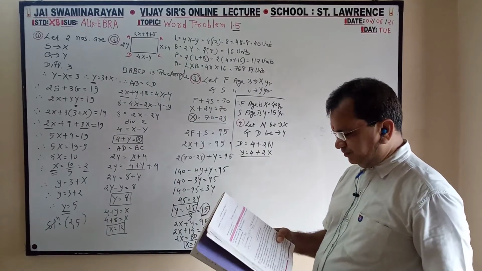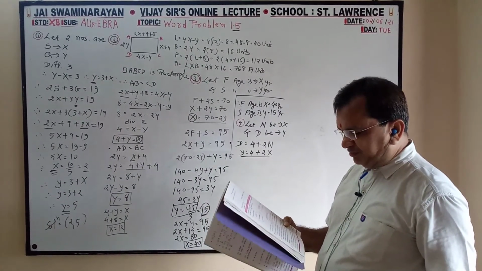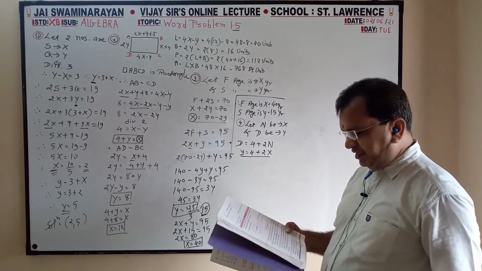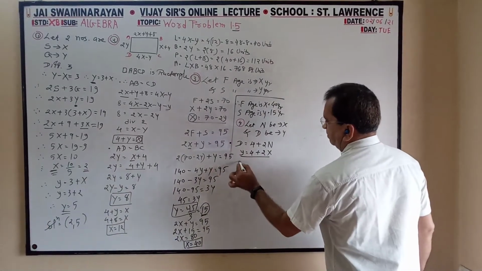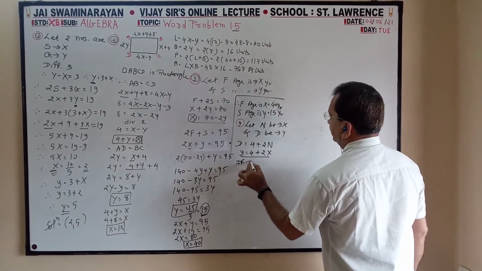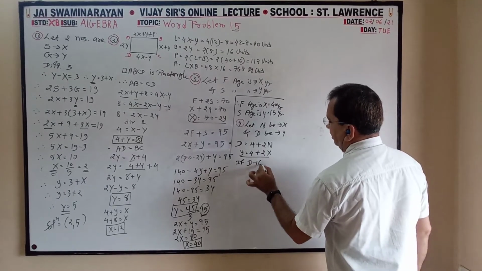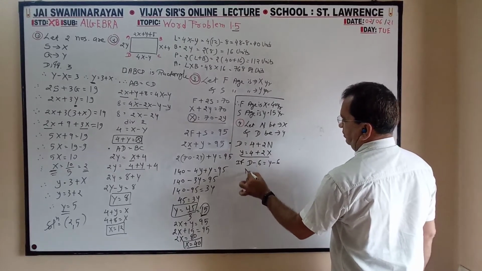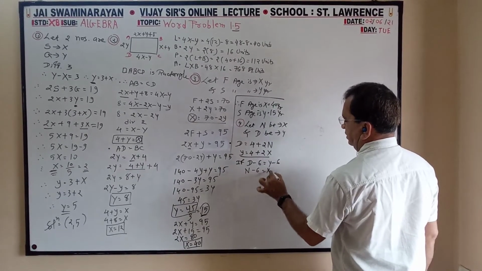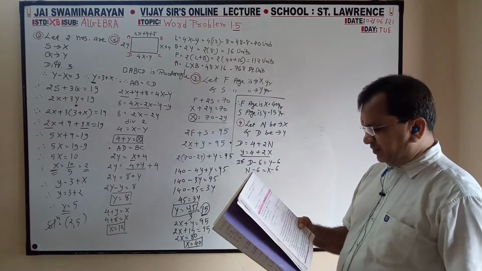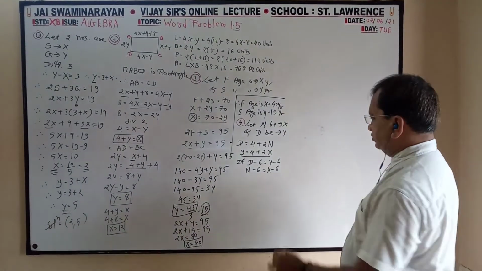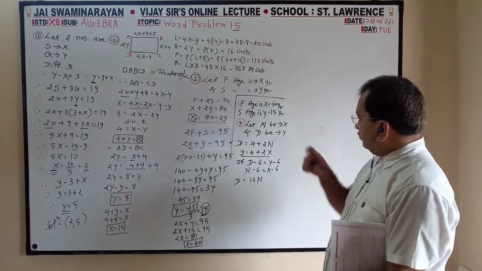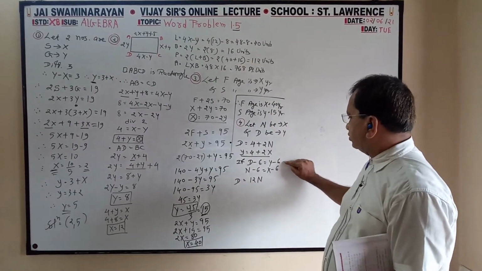Second condition, denominator becomes 12 times the numerator if both the numerator and denominator are reduced by 6. If denominator is reduced by 6, then it is y minus 6. If numerator is reduced by 6, x minus 6. At that time, denominator will be 12 times the numerator. This numerator, this denominator, cut 6.